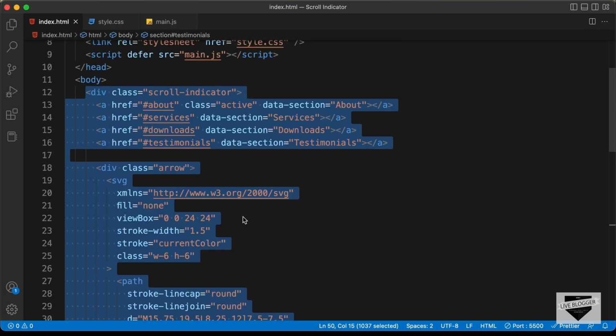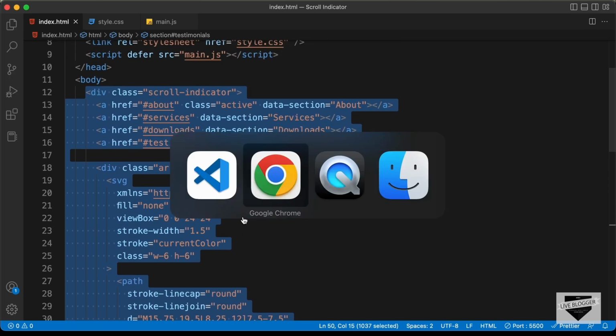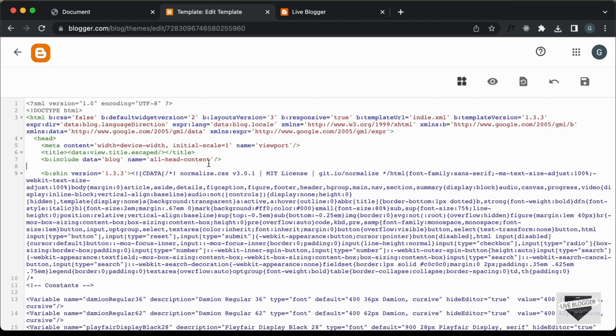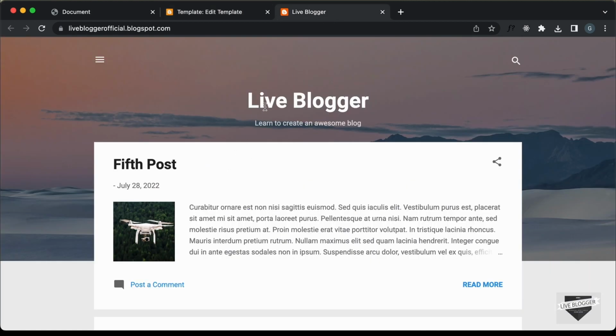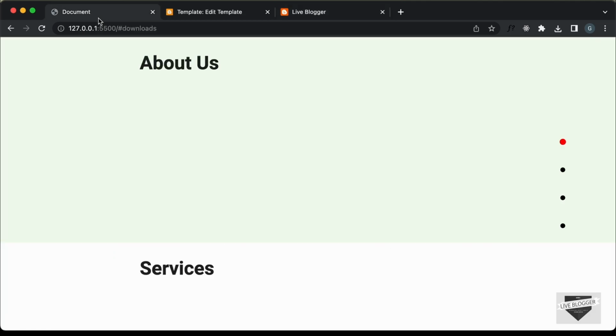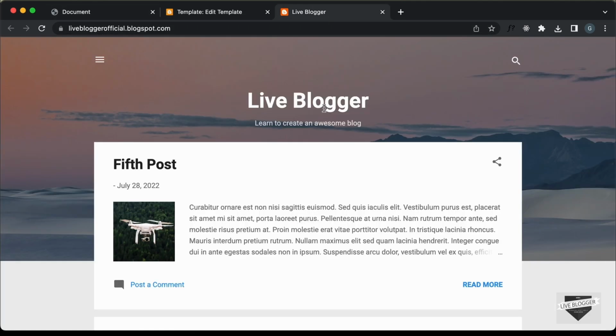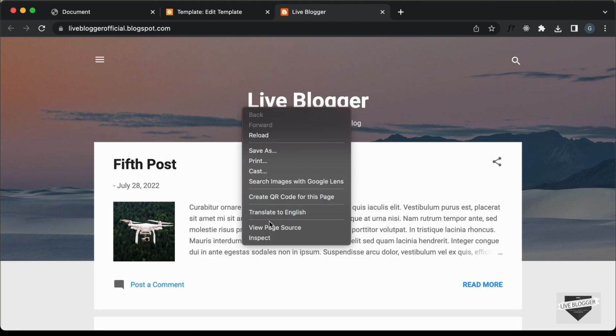Right now let's copy this from here, and let's go back to our theme code. And we will paste it just below the header. So this is the header, and then we have this post section. So we will add all these sections just between these two sections. So if you right click over here and click on inspect,